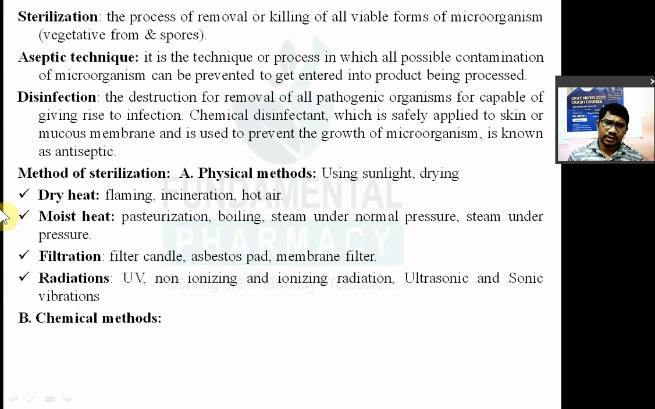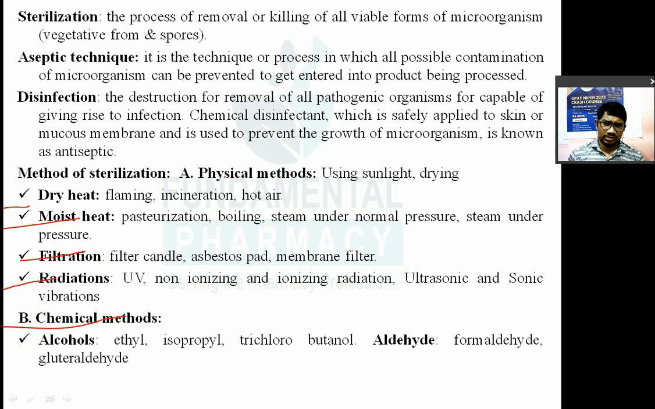Dry heat method है, moist heat method है, filtration है, radiations है. Second, by using chemicals. Chemical method में क्या है? Alcohols. They are used as a sterilizing agent. So ethyl alcohol, isopropyl alcohol, then